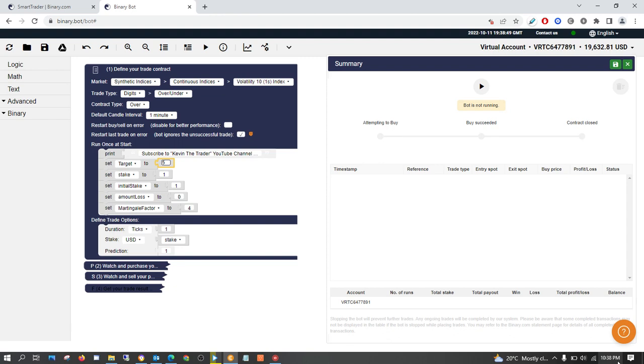So with this bot, we are going to set our target profit to be 5, and then stake 1 maximum, as we've said. And then the martingale factor, these ones you'll just leave them the way they are, okay? But what you're going to touch is the target profit and the stake, initial amount and initial stake.